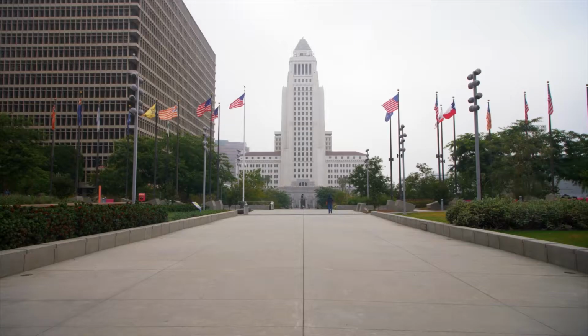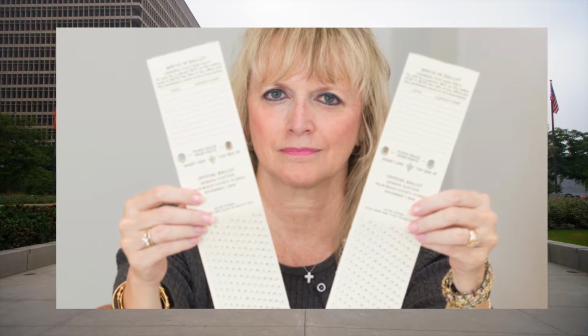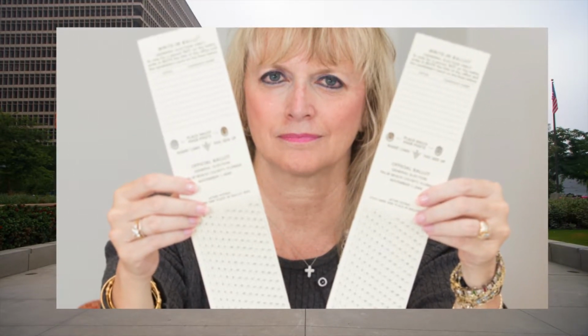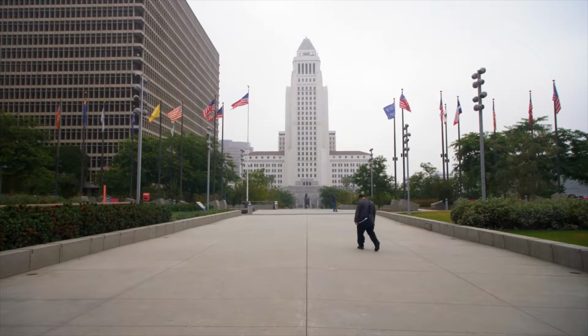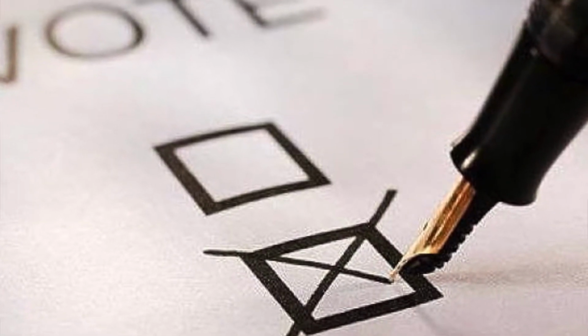Teresa Lepore, the supervisor of elections officials for Palm Beach County, thought she was doing a service for people in Florida by increasing the size of the type on the ballot so it would be readable by the elderly, which prompted the idea for the butterfly ballot. The yes and no votes for the candidates on the left are interlaced with the yes and no votes for the candidates on the right page. This creates punch holes that are not in sequential order. The typeface was too condensed and all in capital letters. The result backfired due to voters having difficulty reading the candidates' names.